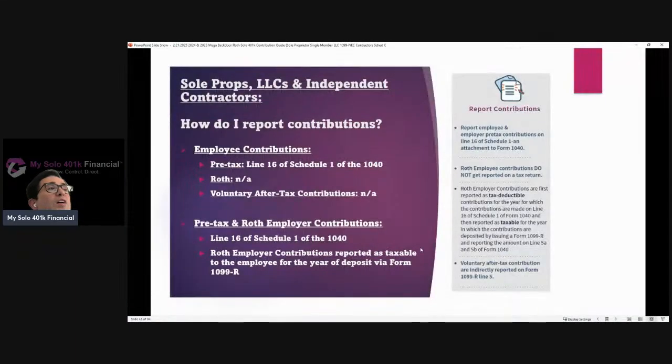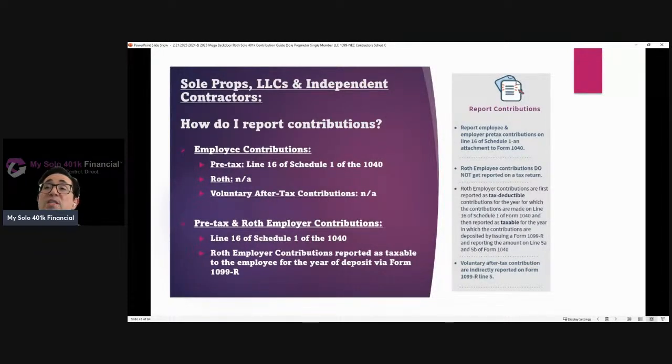Well, that's a great question, and it depends on the type of contribution that we're referring to. So if it's an employee pre-tax contribution, it needs to reduce the taxable income. And the way that it does that is by reducing it on line 16 of Schedule 1 of the 1040